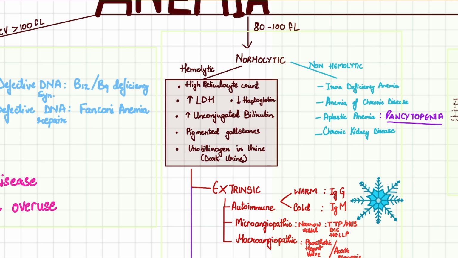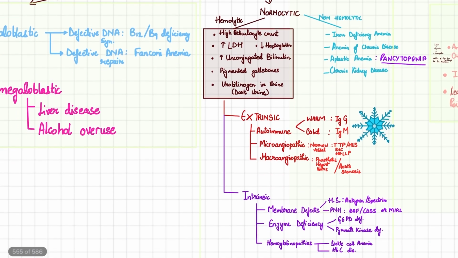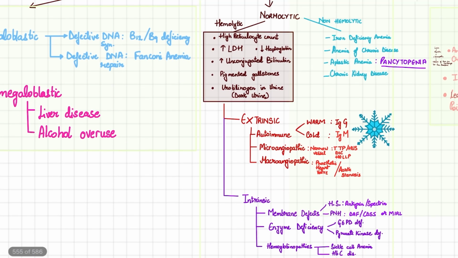So once it binds to the ruptured component, it decreases. So that is why there is decreased haptoglobin. Okay, now when we think of hemolytic anemia, which is the final category that we are discussing,